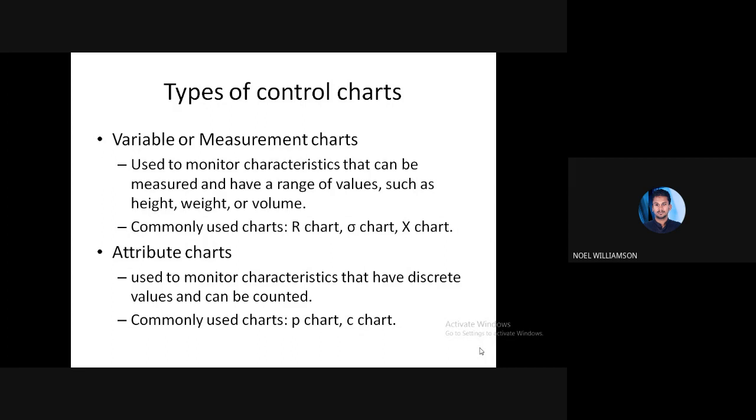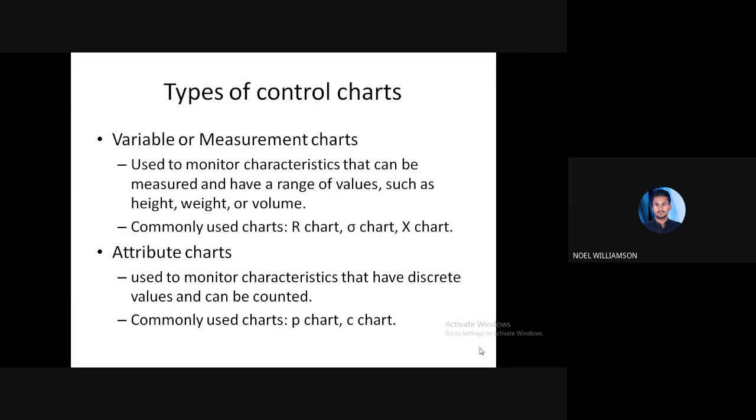That is, it includes mainly the variables, or the measurements can be done on the basis of some variable, like in the case of the size of a shaft, like the diameter of the shaft, it may be 50 mm, 60 mm, 40 mm, like that. There are possible values or a range of values for them.